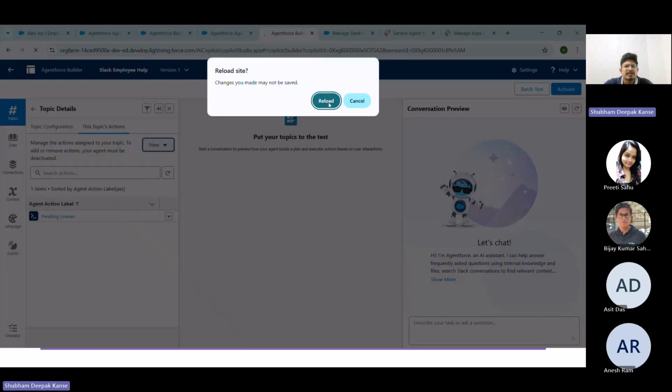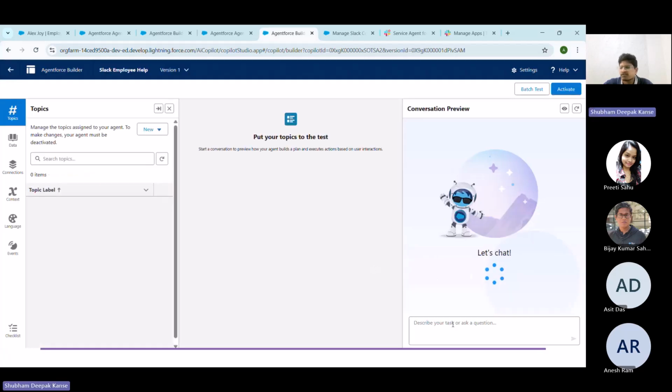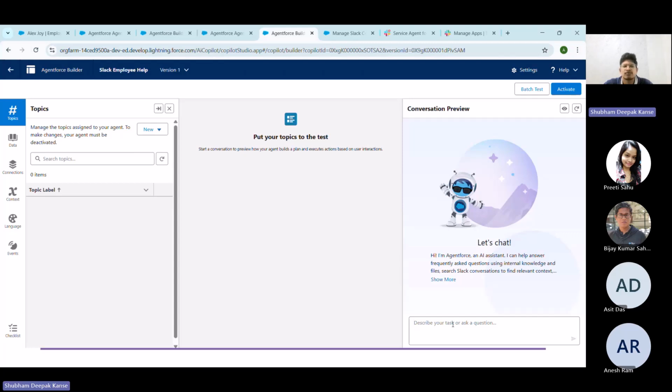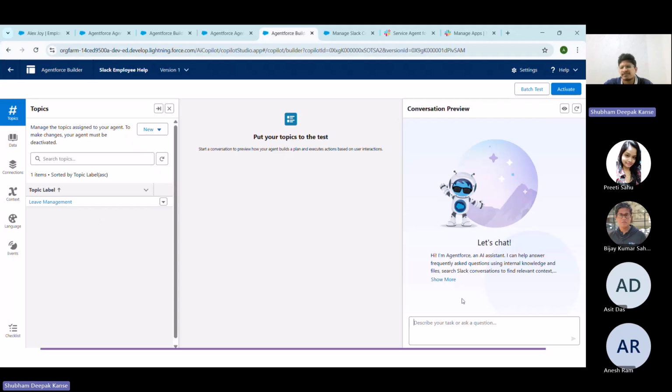Now earlier we have seen, let me refresh this page. Earlier I gave a prompt to this agent to find out how many leaves are pending. I don't know why its topic is not visible over here. Yeah, now it's visible. Earlier, when we gave the prompt to know about the pending leaves, this agent was not able to respond. Now I provide the prompt again: how many pending leaves I have. As I press the enter key,